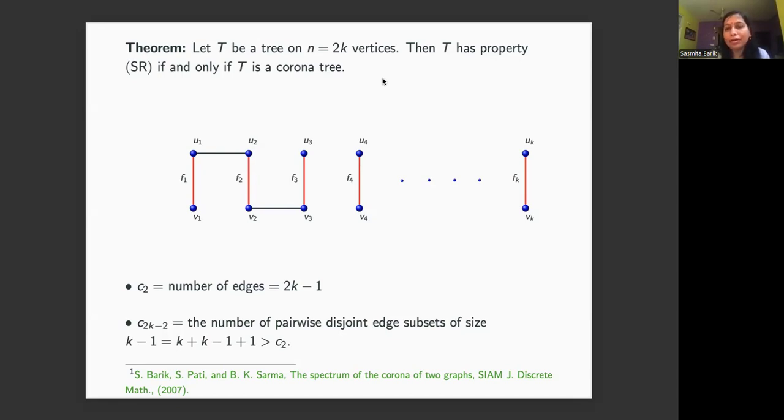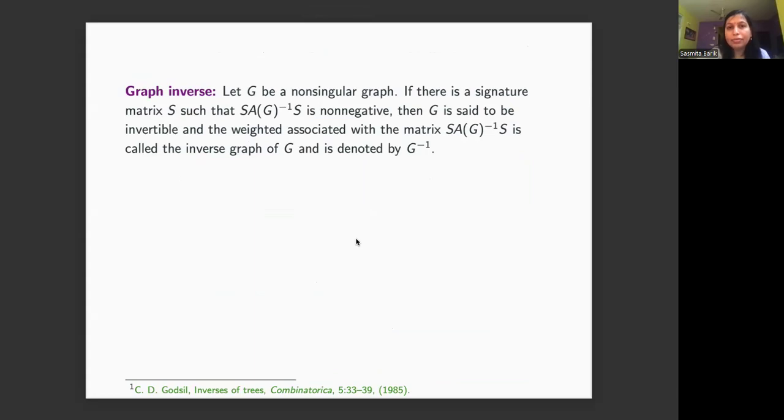of all corona trees. Okay, but then we looked for whether there is a tree which is satisfying property R, and that's not a corona, because this is for SR. But there can be trees with property R, that means multiplicity may not match. So that may not be a corona. So here I'll use the inverse concept, because you can observe that this reciprocal eigenvalue property concept is related to